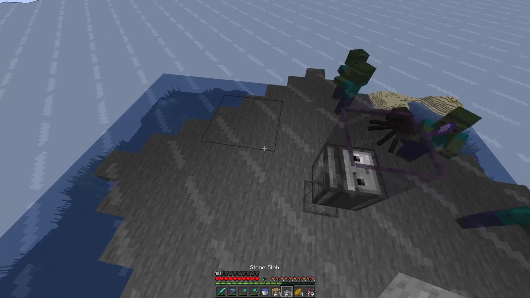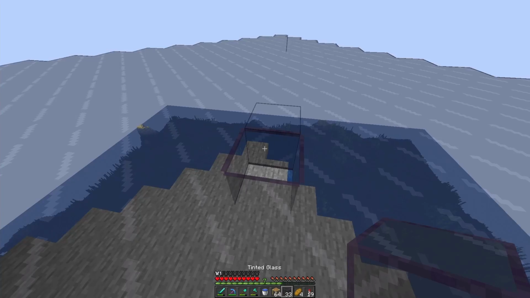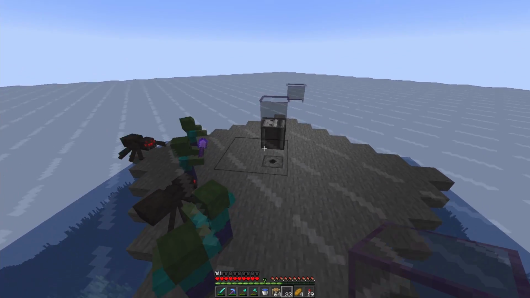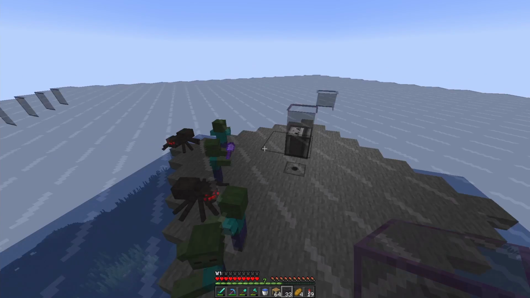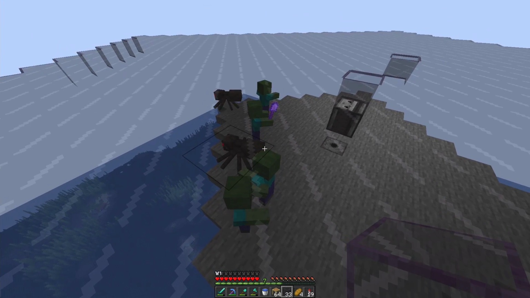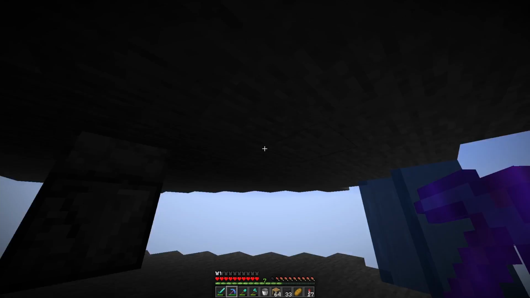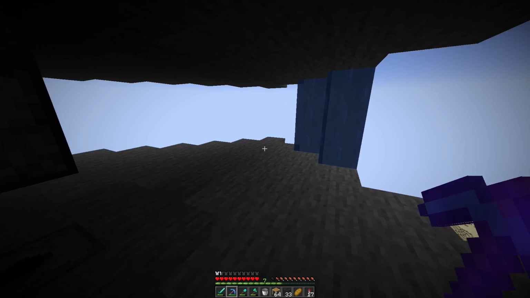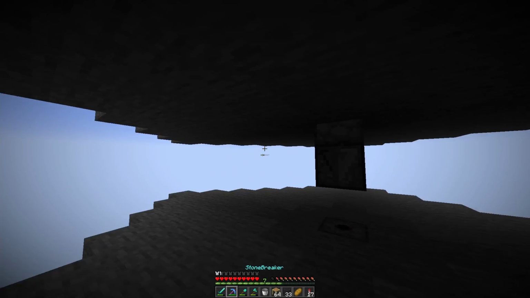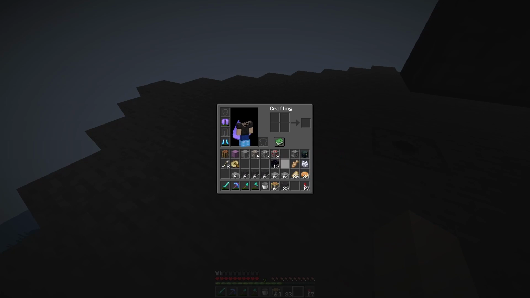Yep, we have mobs spawning already. I forgot to spawn proof for spiders. As you can see, the platforms are two blocks tall, so endermen cannot spawn there. But zombies, skeletons, spiders, and creepers can. Perfect. So as I was saying, it's tall enough so that creepers and skeletons and zombies can spawn, but not endermen. And also spiders can spawn, but we can avoid that by